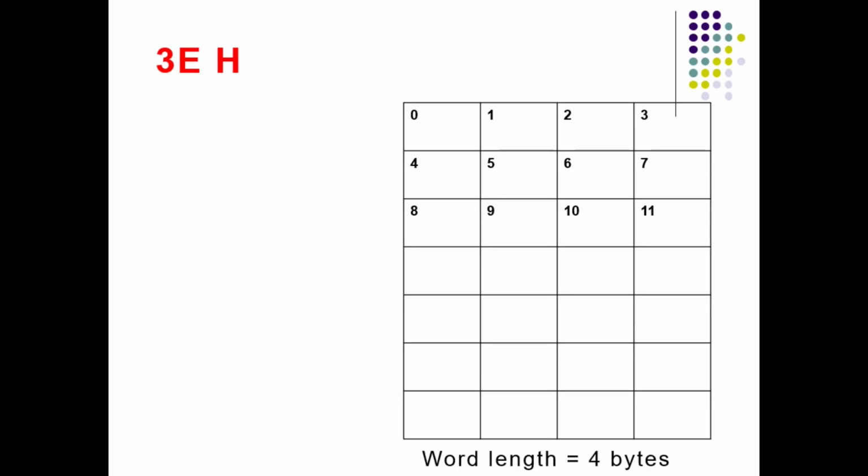Let me explain little and big endian using some examples so that it will be very clear. I have a memory here, and looking at every row we can say its word length is 4 bytes, because in every row there are 4 bytes. So word length is 4 bytes. There is data over here, see, 3EH, a hexadecimal number. Now we know how to identify the least significant byte, the most significant byte, and the size of the data. Now look at the size of the hexadecimal data. Here there are 2 digits. Every hexadecimal digit is 4 bit. So 2 hexadecimal digits make 8 bit.